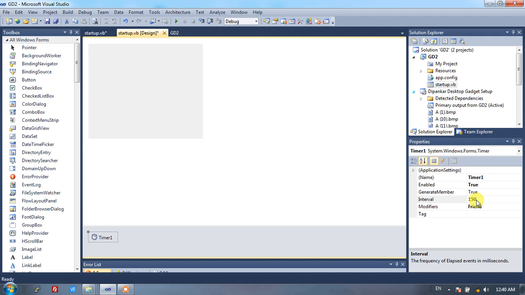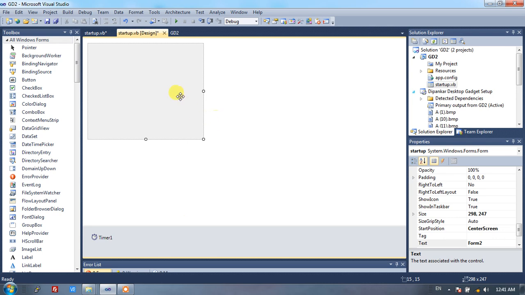If you increase this value, the transition of the animation will become slower. If you decrease this value, the transition of your animated image becomes faster. So you can change this value as per your requirement and put in a suitable value.